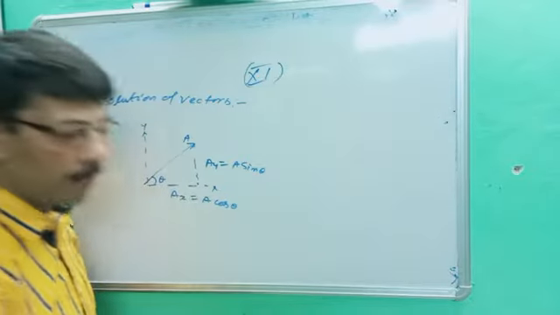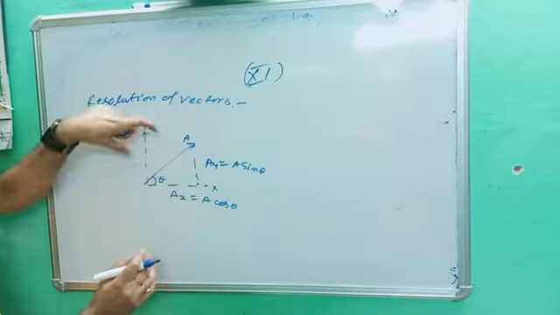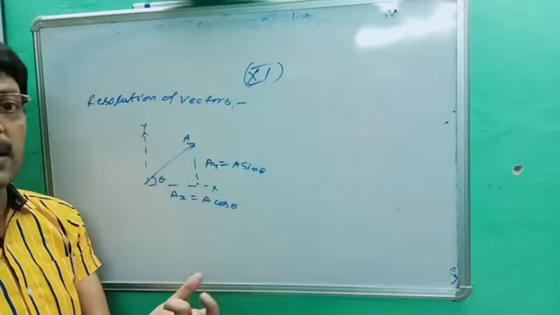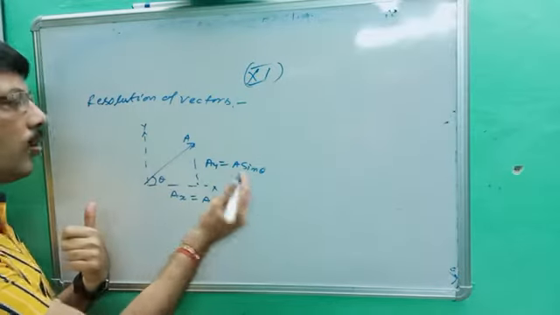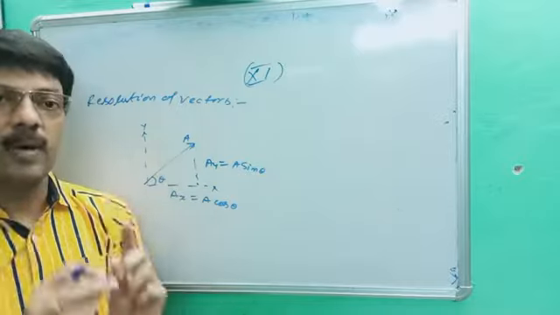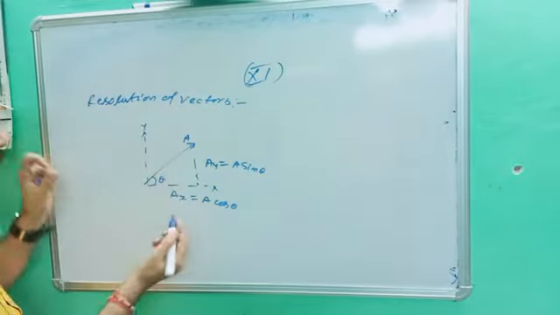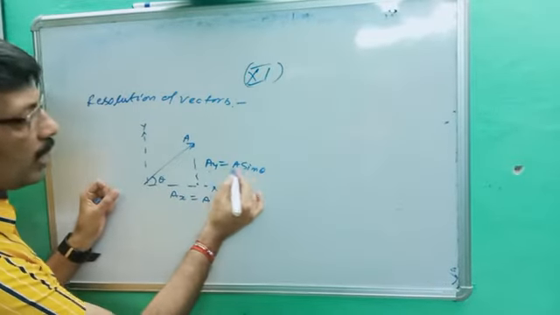This is called resolution of vector in sin theta and cos theta, and you will do that only when the vector is making some angle theta. If theta is equal to 0, you better know cos 0 is equal to 1, so it directly becomes A. If theta is equal to 90, sin 90 is 1, so it directly becomes A. No reason to resolve because it is already along x or y. But if it is making angle theta, you have to convert into Ax and Ay. So Ax is equal to A cos theta, Ay is equal to A sin theta.